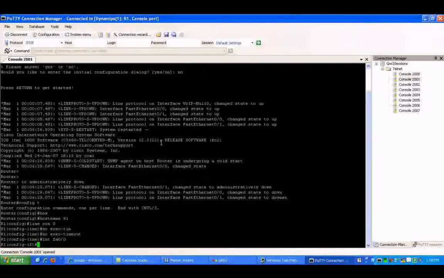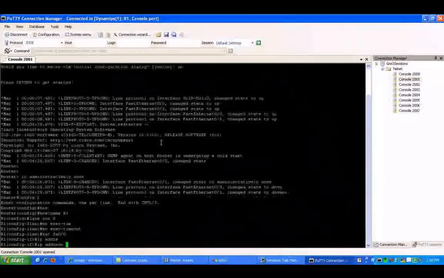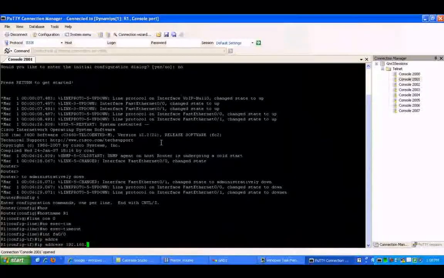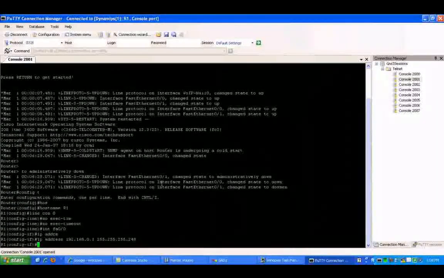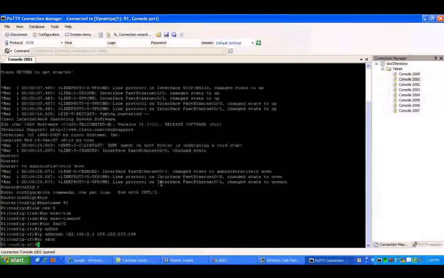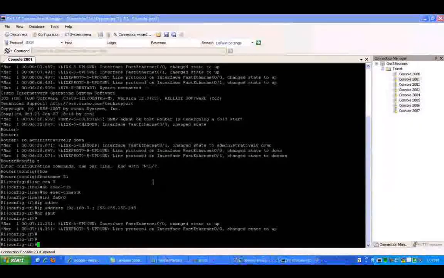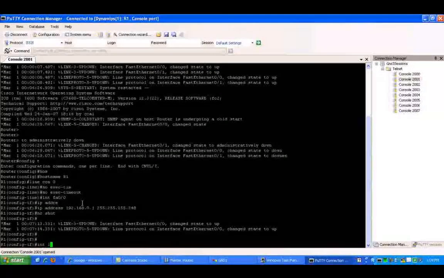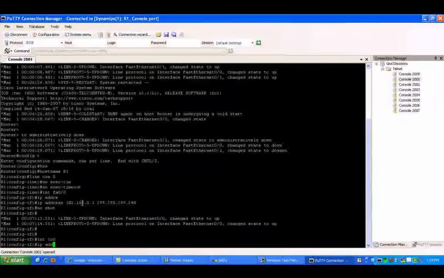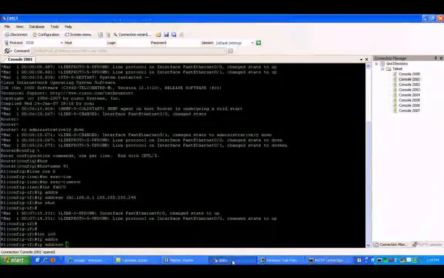And then under interface FastEthernet 0/0, we're going to give it the IP address 192.168.0.1, and we're going to give it a /29 subnet mask, which is 255.255.255.248. We'll do a no shut on the interface. We'll do the interface configurations first. So let's go under R1 and do the interface loopback 0, and we will give it